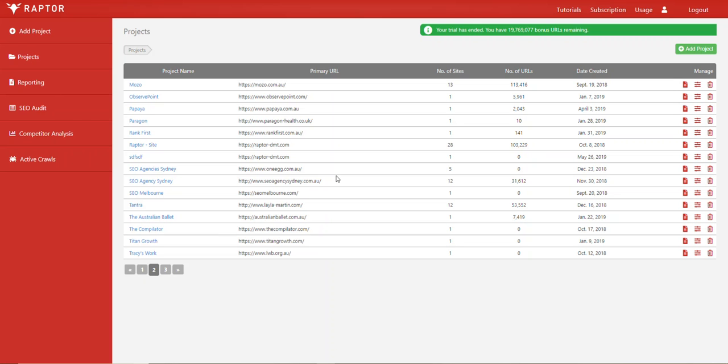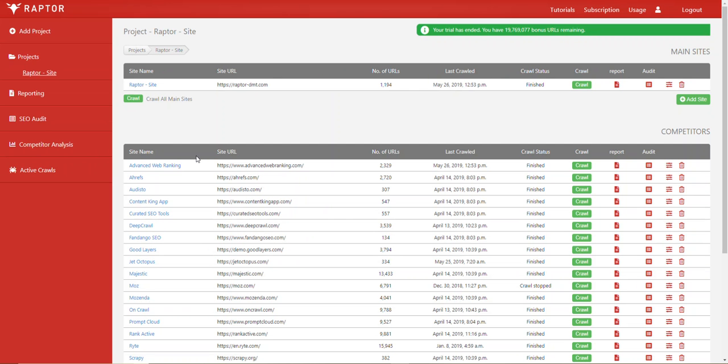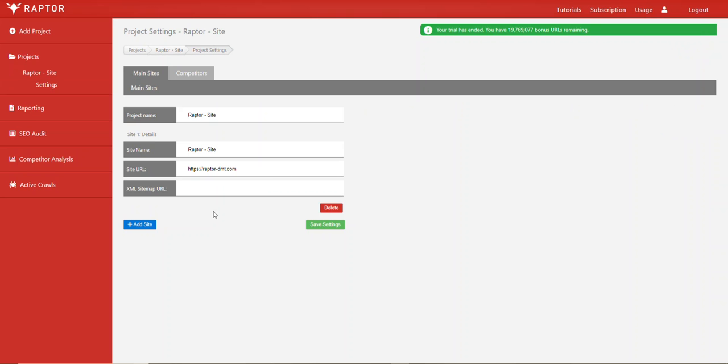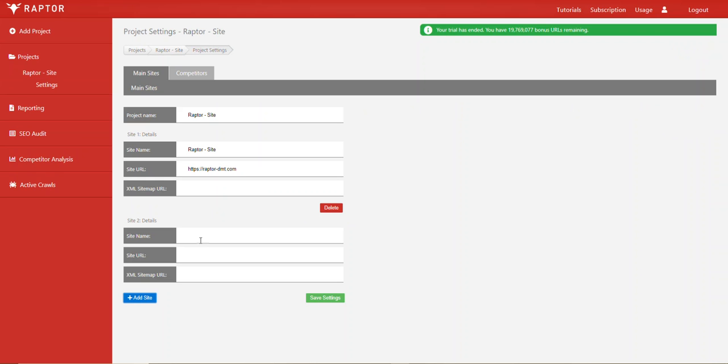Now if you've already added projects to your account, simply navigate to a project. If you haven't added a project, you'll need to do that first, and from here you can add a site by clicking the Add Site button. You can also add projects from the settings screen, but if you just want to add a single site, click the Add Site button. And then from here you can click the Add Site button again,